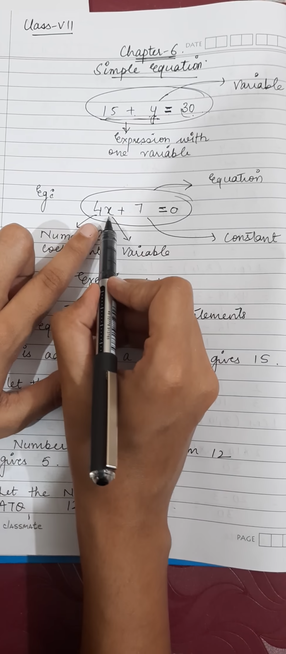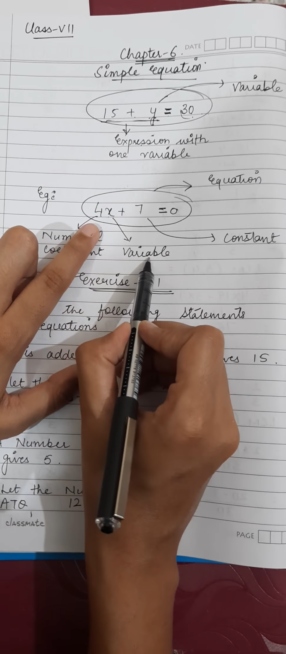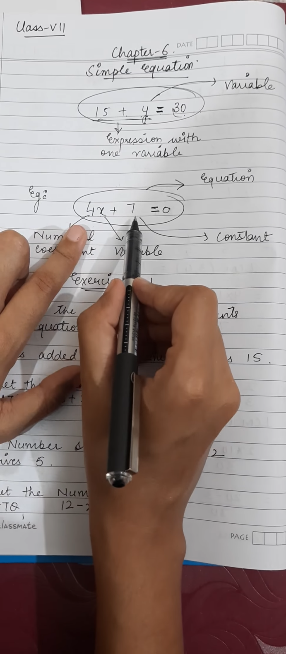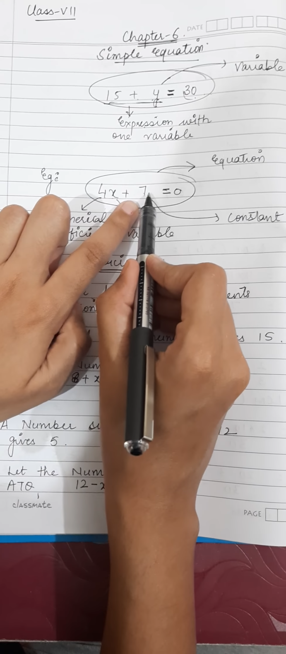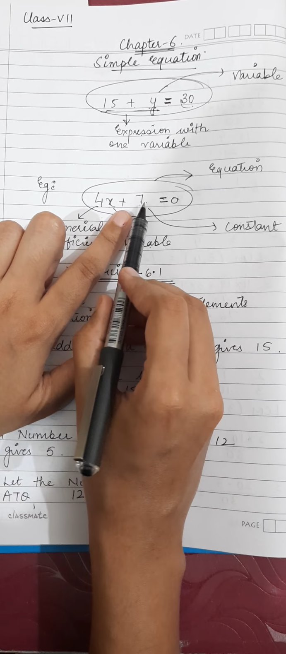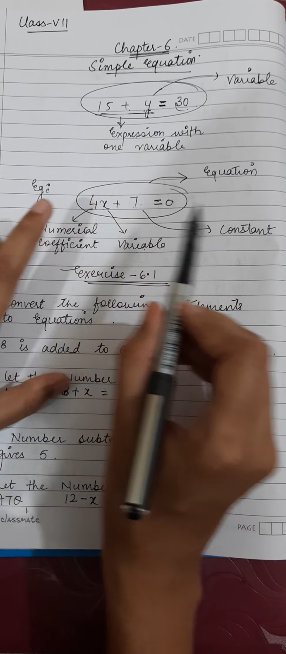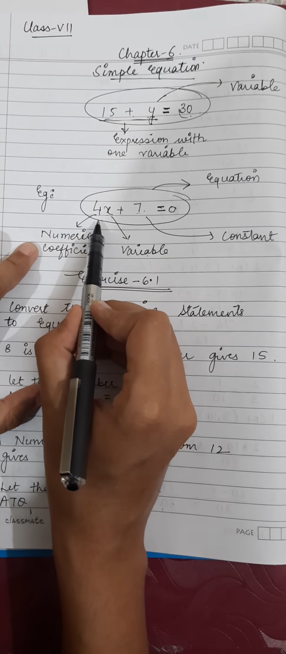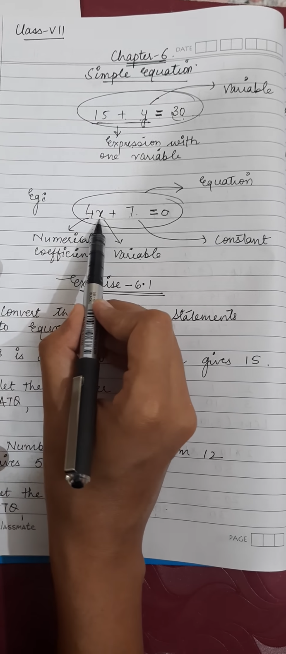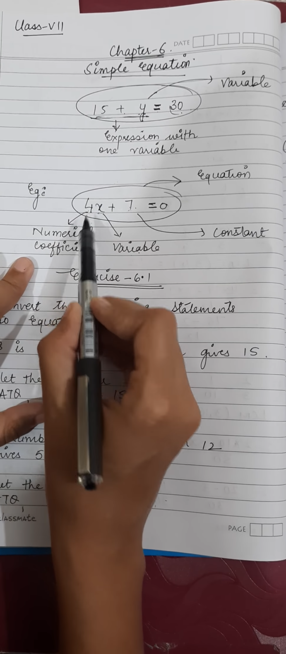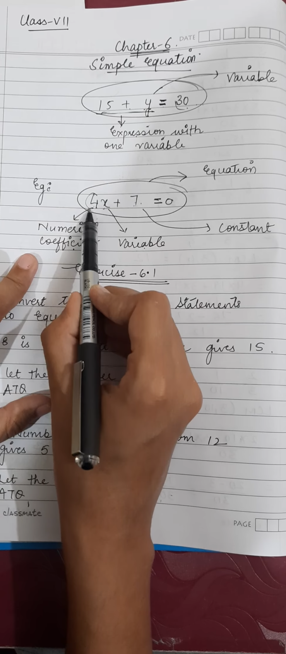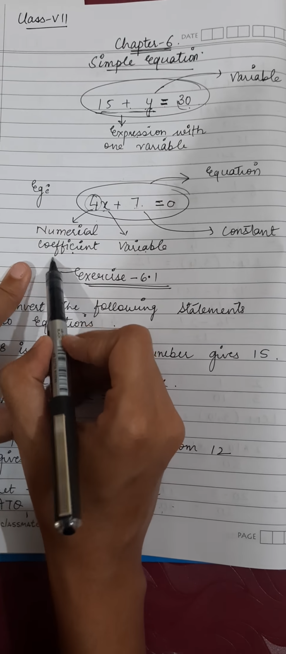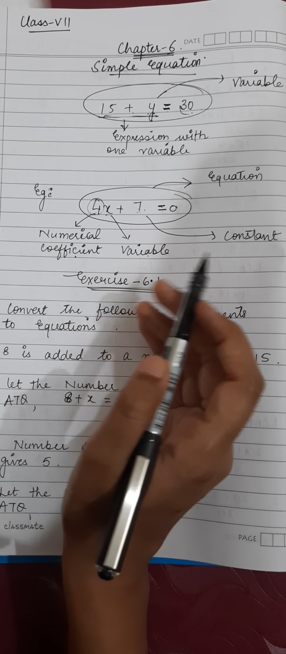Now, this x, I have explained to you that this is called as the variable. Okay. Now, if any number is there which is having no variable along with it, then that is called as a constant. And this 4 is there along with the variable, so this is called as the coefficient. And since 4 is a number, I am going to call it as numerical coefficient. If I am going to write